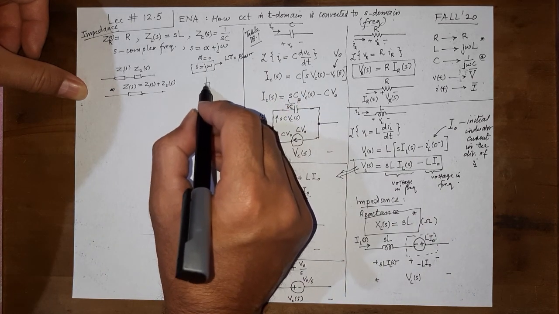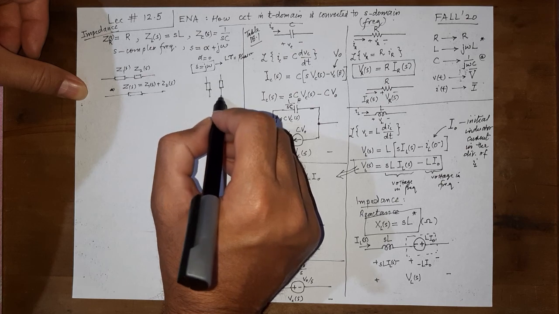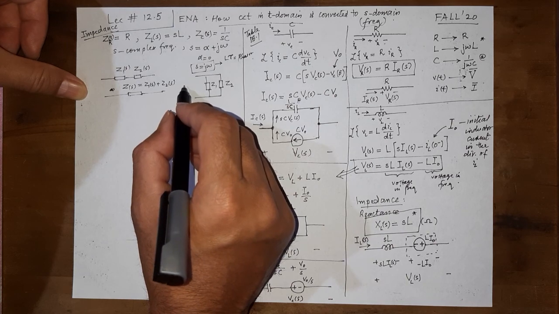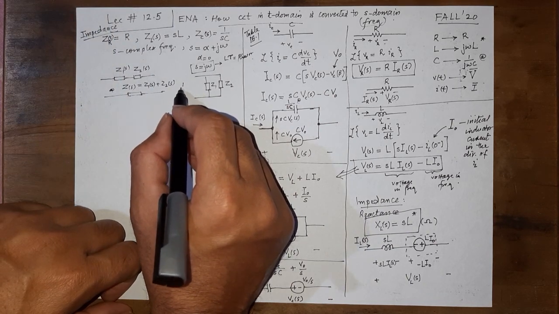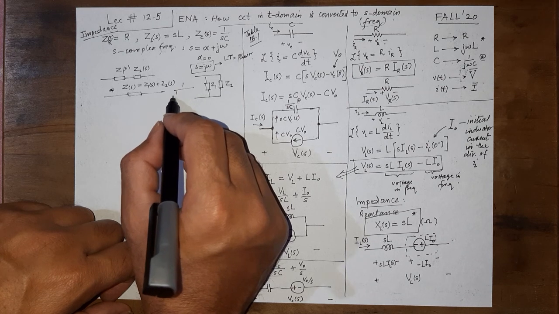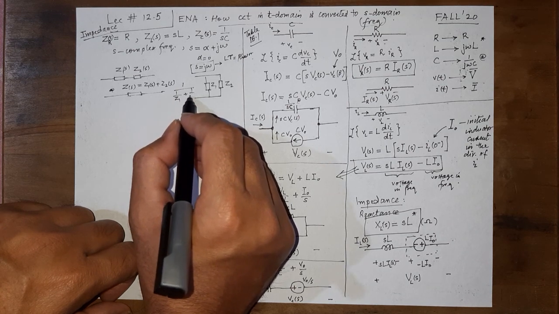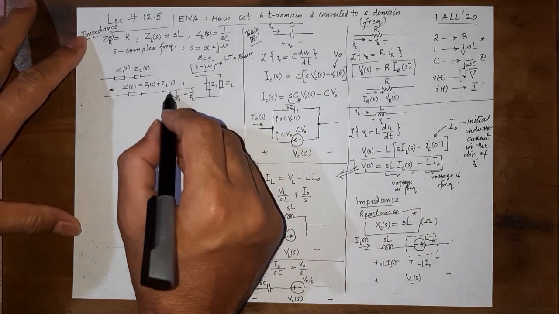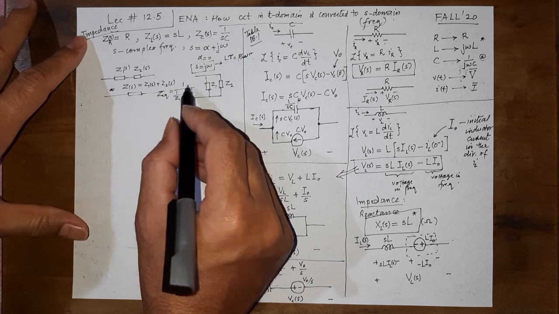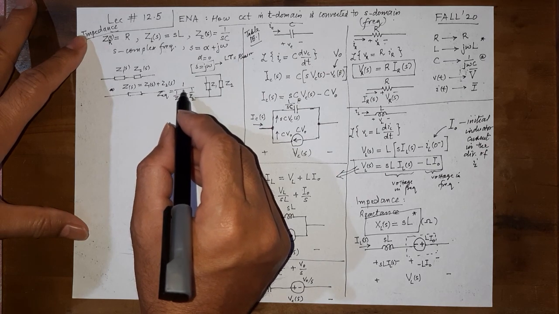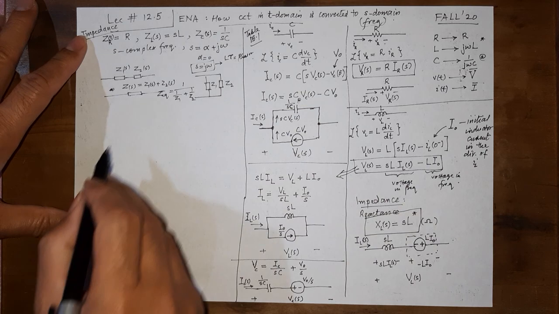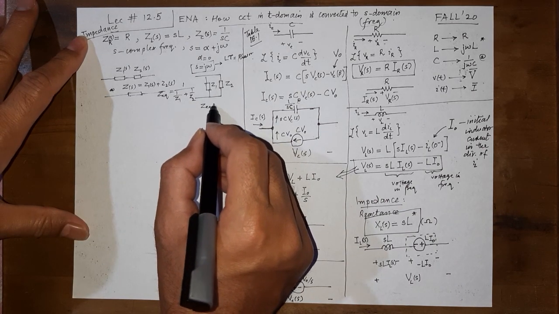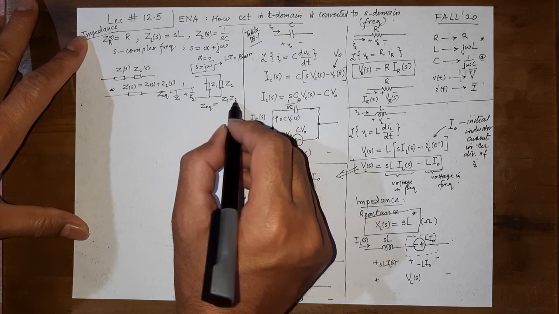And two impedances in parallel would have the similar behavior as that of resistances in parallel. So the equivalent would be the reciprocal of the sum of the reciprocals. Or for the case of two only, this is strictly for the case of two impedances, it is equal to the product over sum.